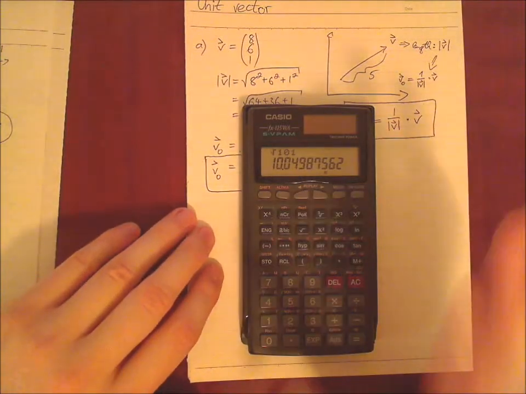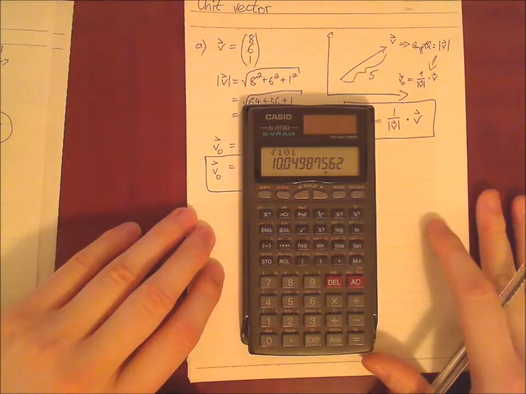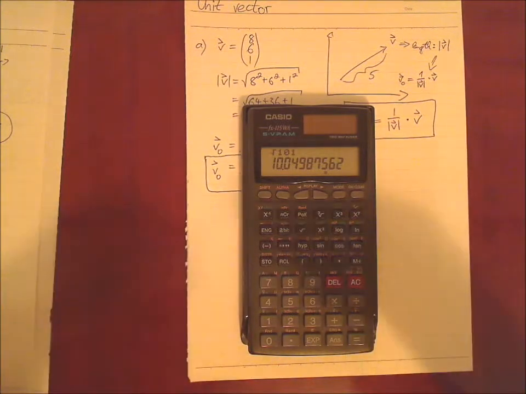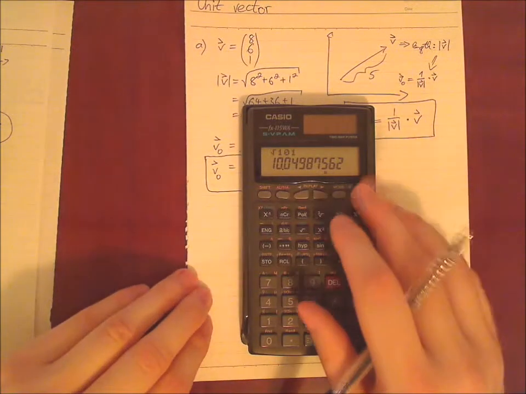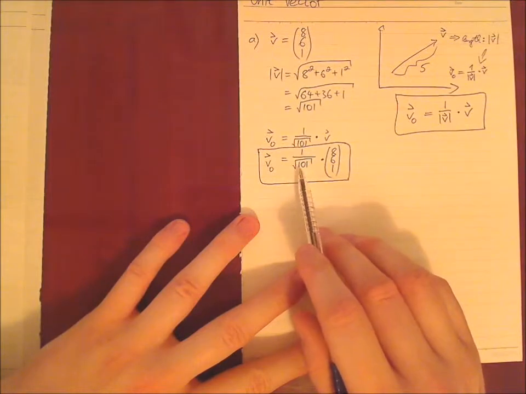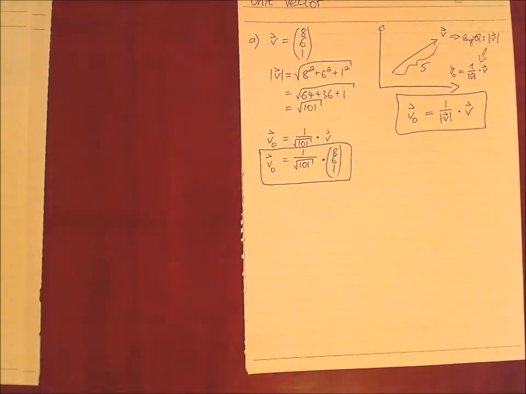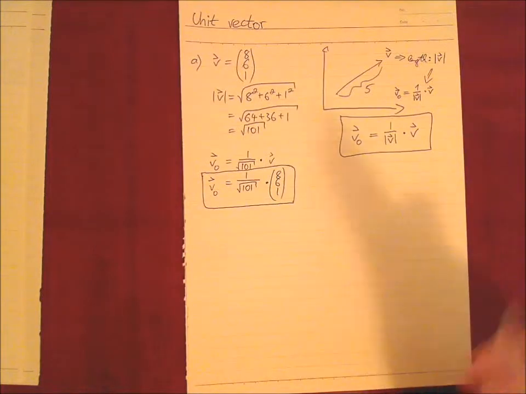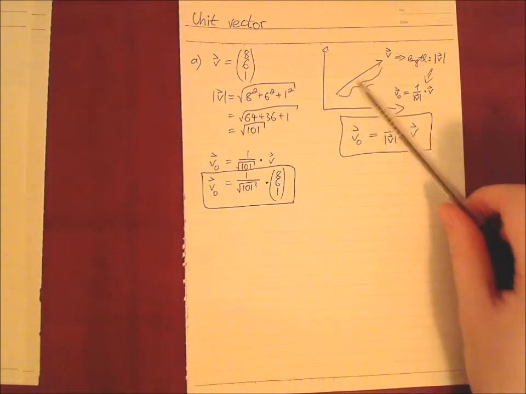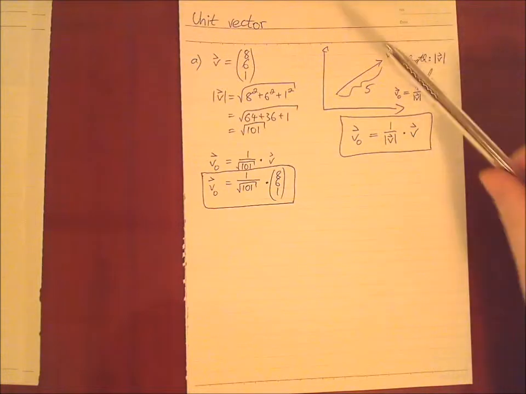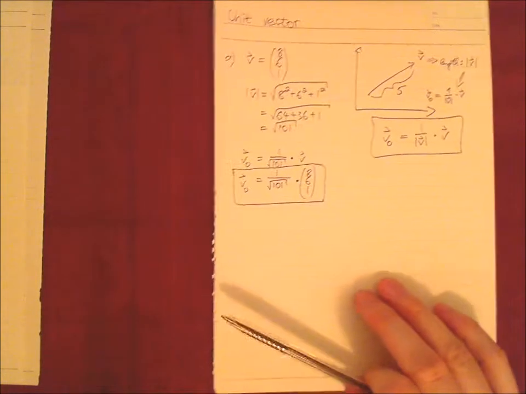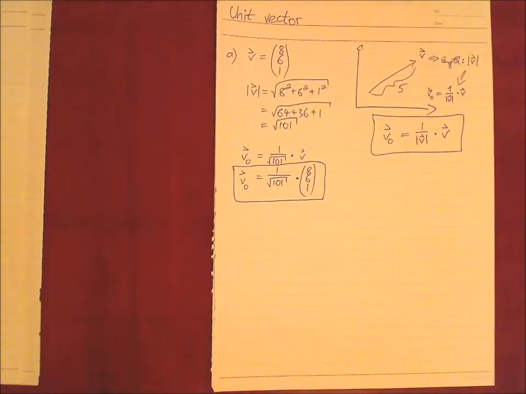But it depends on the purpose, depends on the teacher or professor or on the exercise, what is really expected of you. I personally would just leave it as it is. Square root 101, and this is the example. So it's quite easy, and if you can't memorize the formula, just imagine the picture, and the other way around. If you have problems with the picture, just memorize the formula, or best case, you understand both.